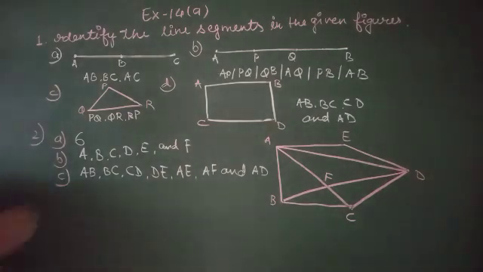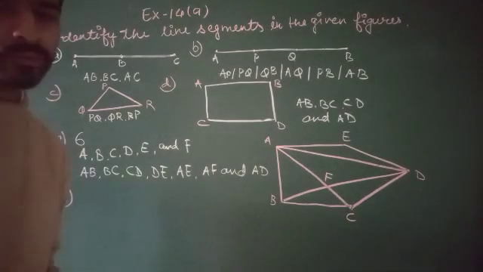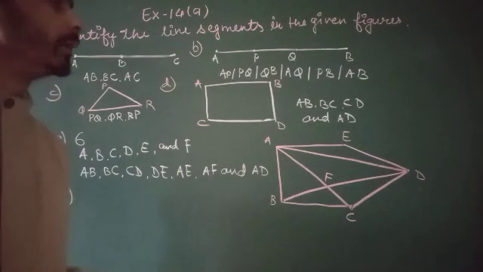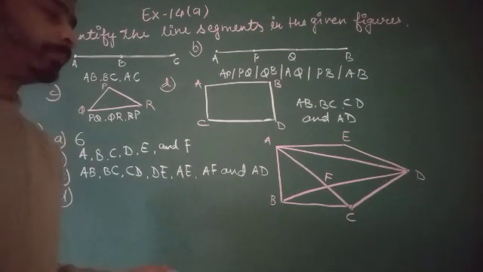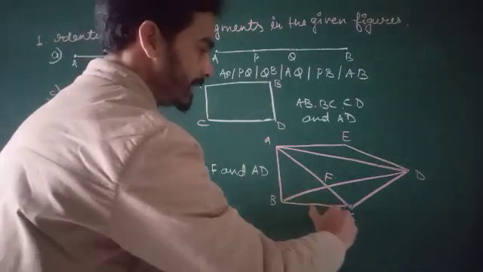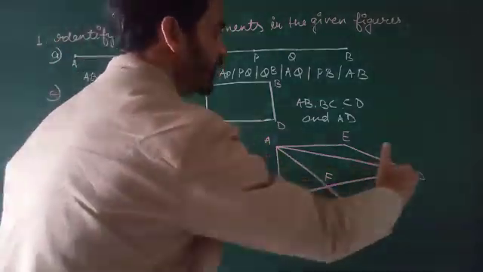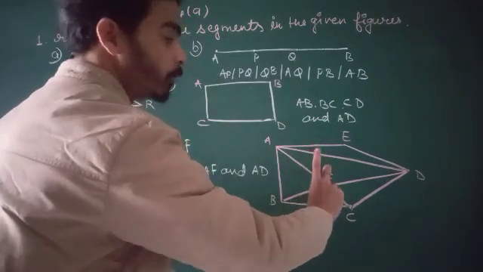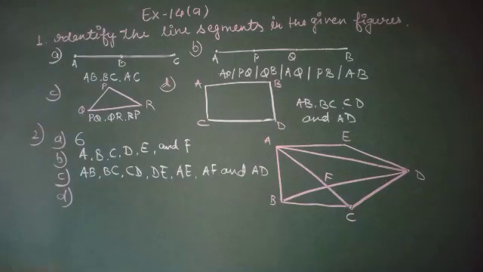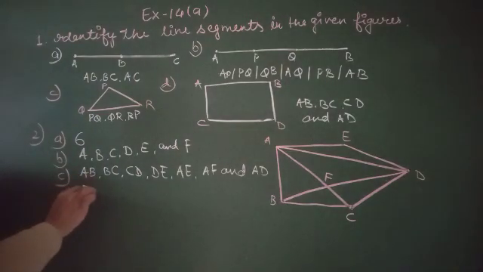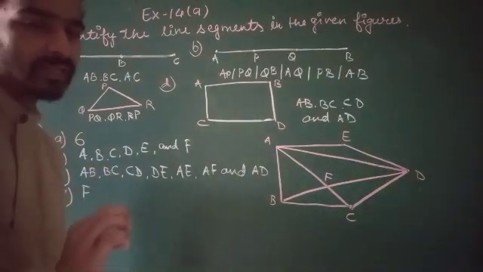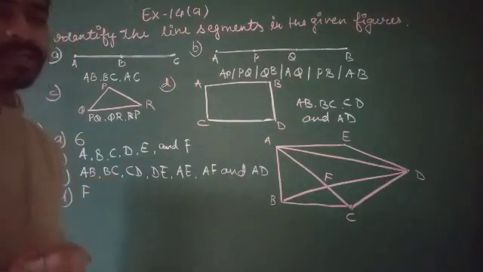Now come on the next question, that is question number D. What is the point of intersection of line AC and BD? Line AC और BD का point of intersection क्या है? यहाँ पे AC is a line, and BD is also a line segment. और किस point पे ये दूसरे को intersect कर रहे हैं? That is point F. यानी कि AC और BD का point of intersection F है. ठीक है? Is that clear?